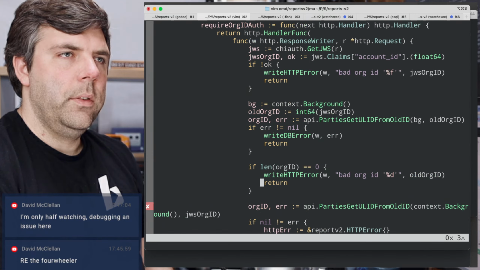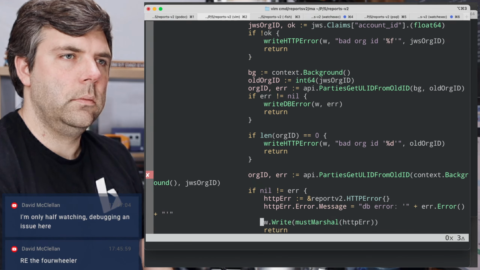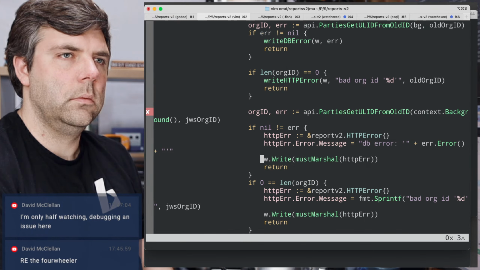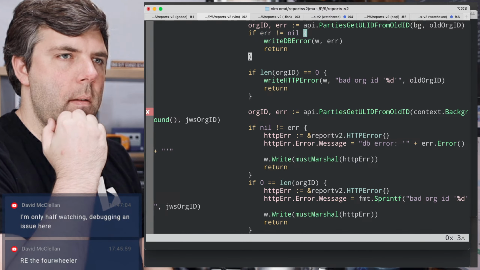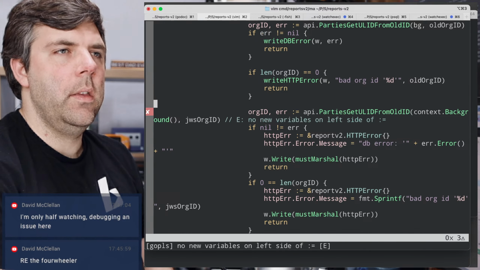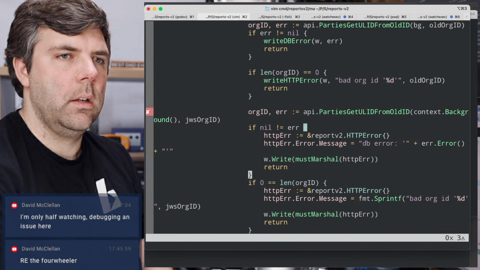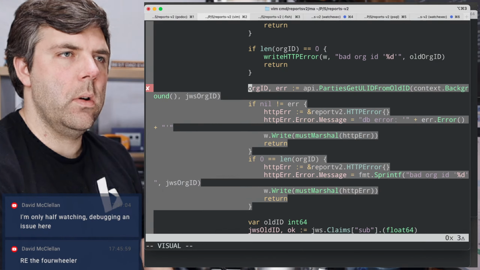No new variables on the left side. Okay. And this is actually more sensible here. Bad org ID.